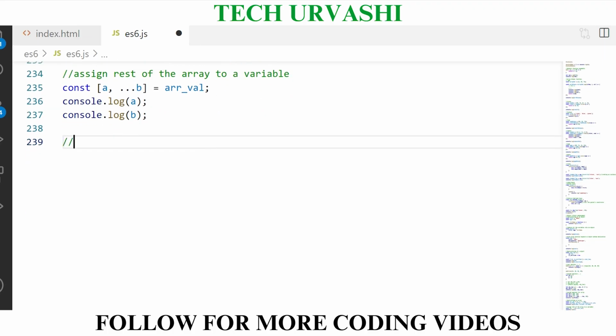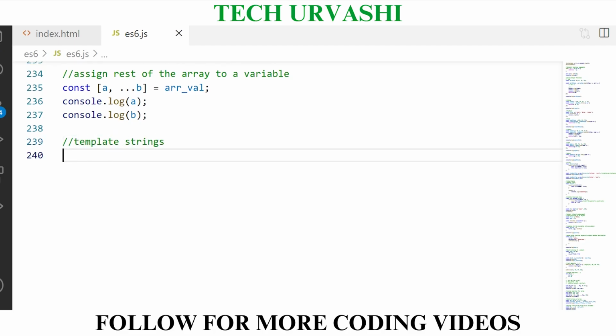Now, the next topic we have is the template strings. Now, these template strings is basically, earlier we used single quotes and double quotes in JavaScript to create a string. But here we can use backticks. So let's say str is equal to, so this backtick is basically above your tab button in your keyboard. So you can use these backticks to create a string.